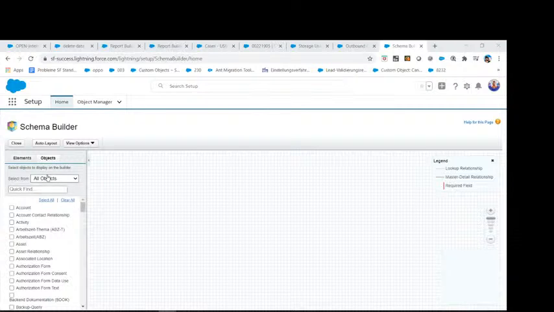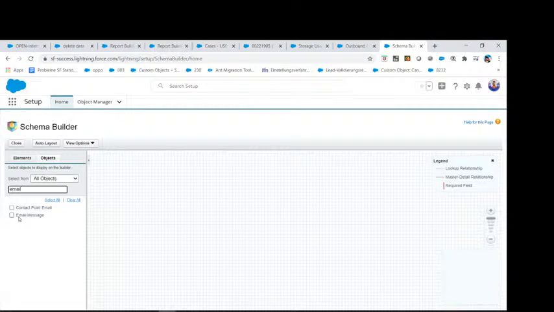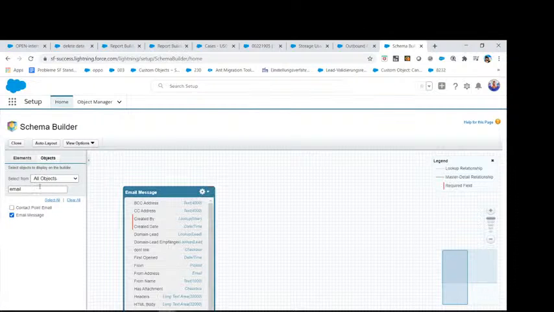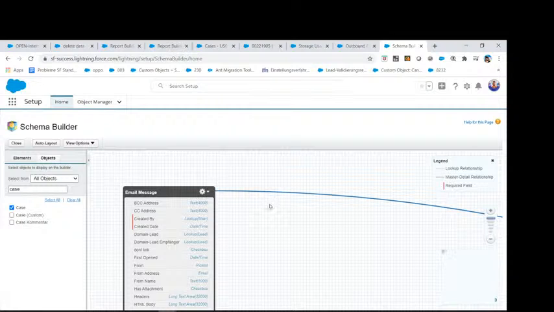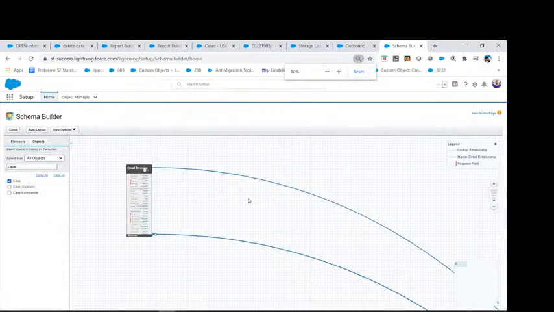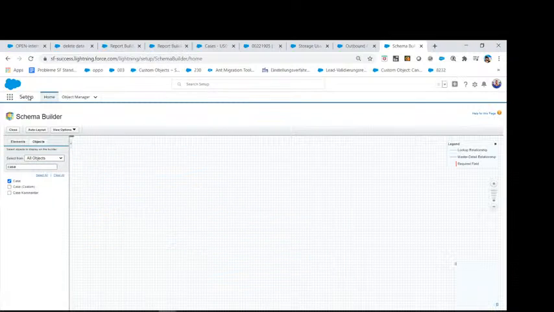There's going to be the relation, and all the objects are going to be like, let's say we need an email message. Then we put in, at first we clear, yeah? Then we have the email message in there, and then we want to have the relation to a case. So this is going to be the case. Let's say we are going into this, and then